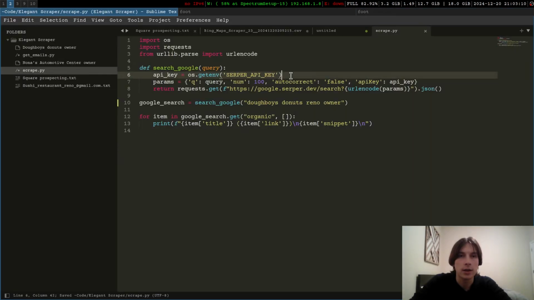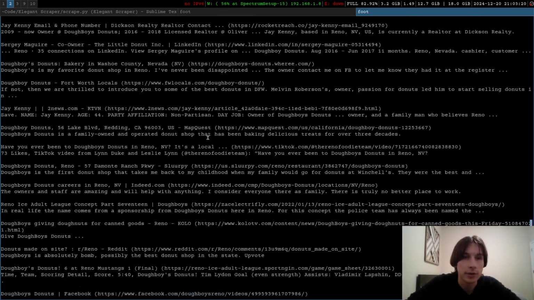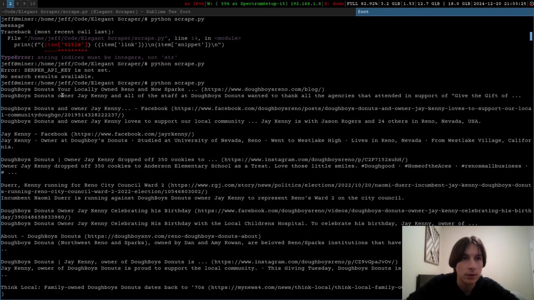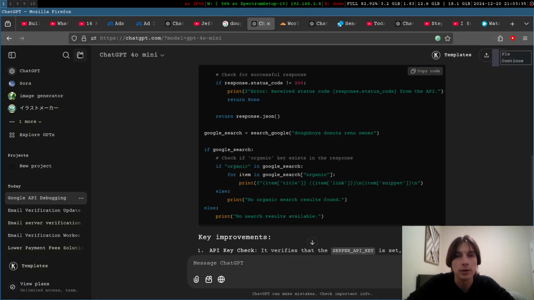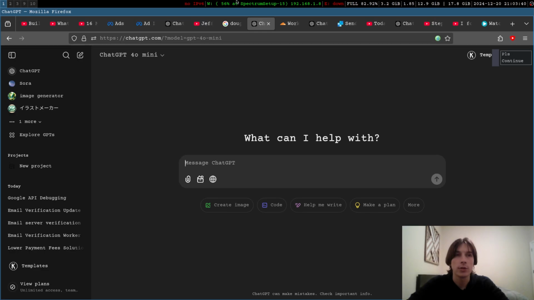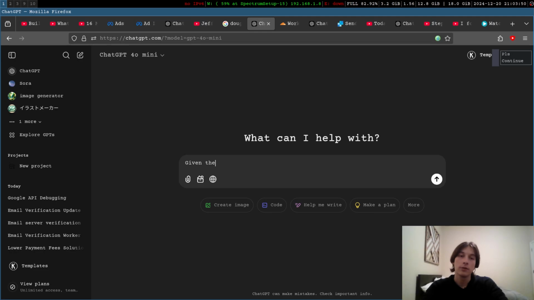Okay, it looks like the API key wasn't set, so I have to put it right here. But as you can see, we have all the search results here. And in the very first result, it just shows J Kenny in here. We're just going to have ChatGPT complete this for us. So this code currently just gives us the search results. And now we're going to make it say, given the following Python code, make it select the first